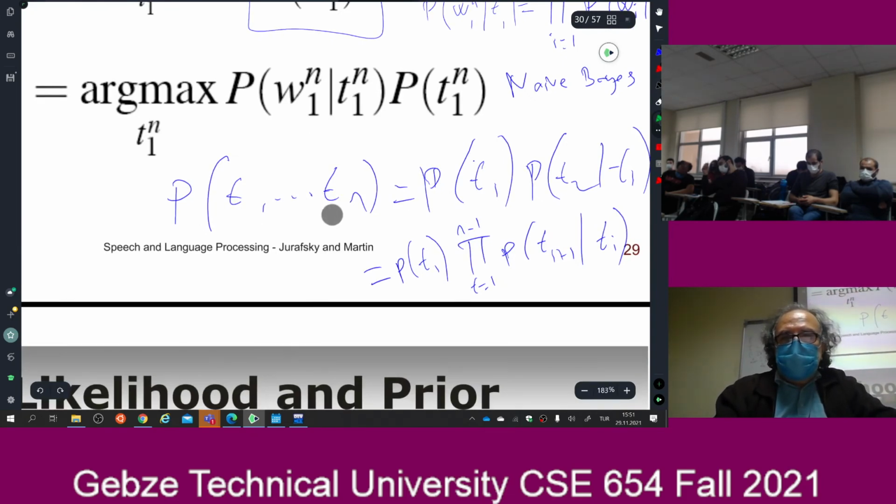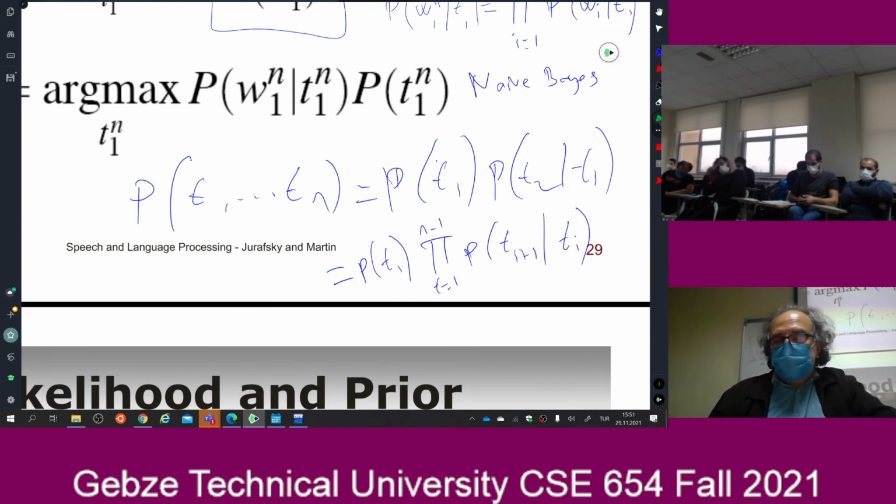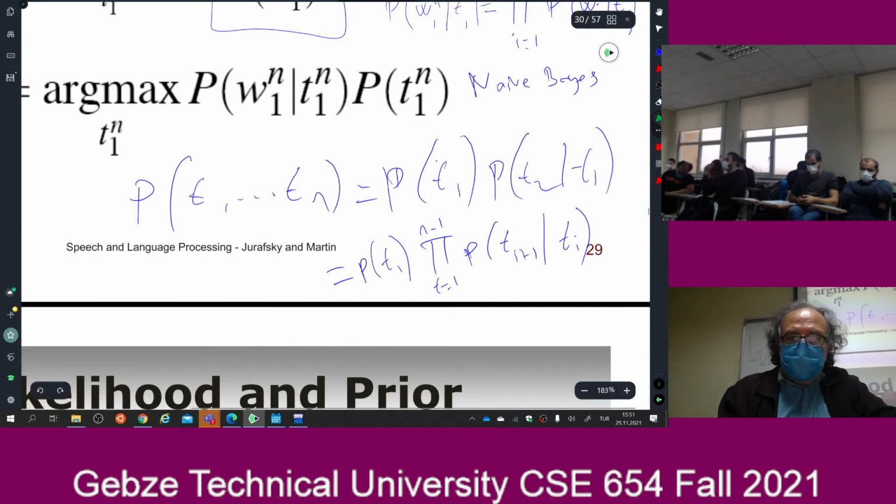T1 to Tn can be calculated using this. This is just an approximation. Each T depends on the previous T. That's what I am assuming. If this assumption holds, it's kind of an assumption,